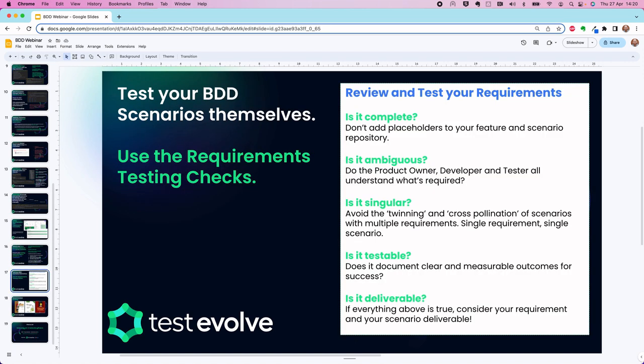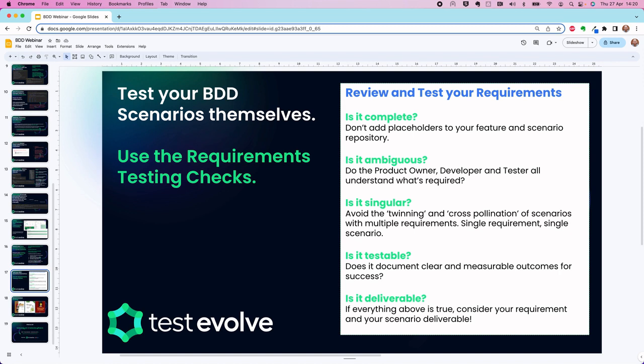Finally, I just want to talk about the idea, and maybe this is something I should have spoken about at the very beginning, but once we've been through this discovery session with testers, developers, product owners, before we think about writing code or automating anything, there's a chance to just take stock here and actually test the scenarios themselves, all right? In the wider testing world, this is known as requirements testing, if you like, as well. But it can absolutely be applied to